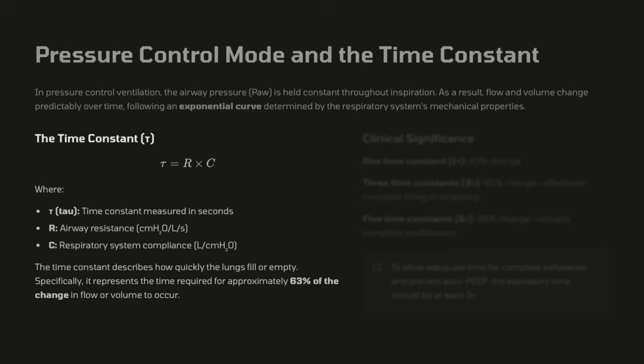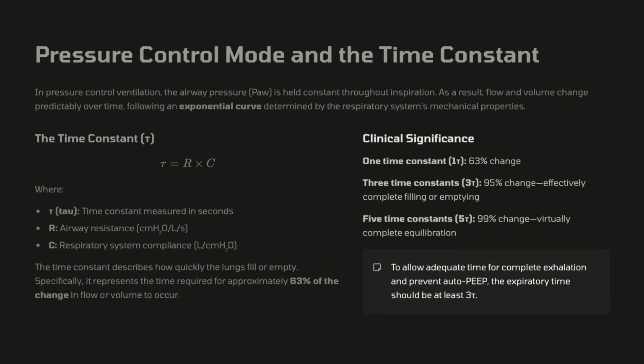The time constant describes how quickly the lung is getting filled or emptied. Specifically, it represents the time required for approximately 63% of the change in volume or flow to occur. The clinical significance here is that one time constant means 63% of the flow or the volume is achieved. Three time constants mean 95% of the flow or the volume is achieved, and five time constants is 99%, virtually